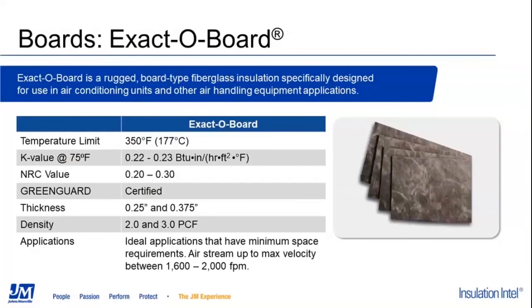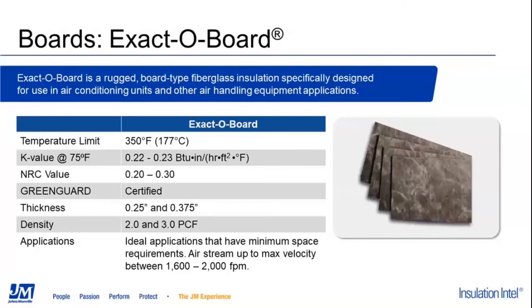And this is an interesting product because it actually comes to you as a roll, and we call it a rugged board type product because it's coming to you as a roll, but when you unwind it and cut it, it sort of snaps to a shape, if you will, where a regular roll product would lay as it lands, so to speak. So the X-Acto board product is really great for applications that have minimum space requirements where you may need that